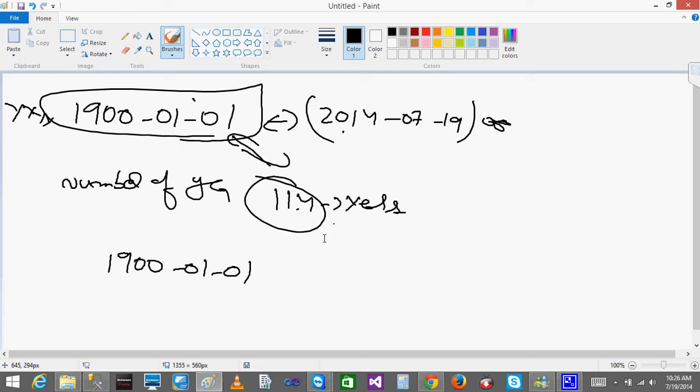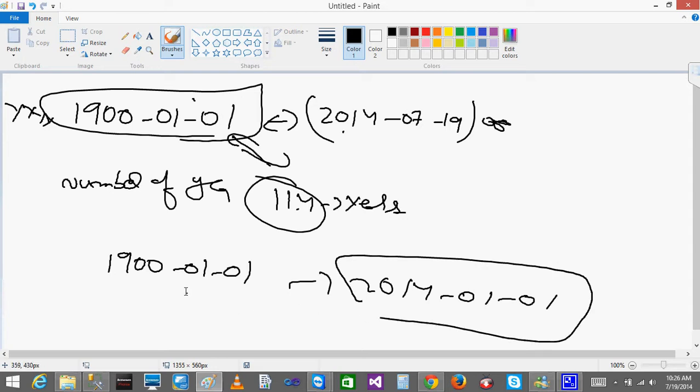Instead of getting this, I will get 2014 0101. This is what I will get when I add years to this one. I will not get anything in the middle. I will get only this one, and to this one I will just subtract 1 day. When I subtract 1 day from this, it will go to last year.